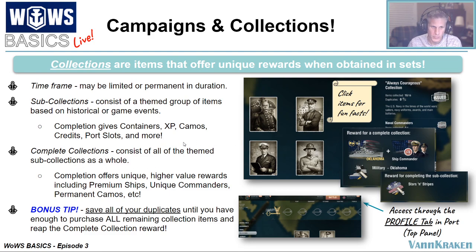Sometimes it's commander free XP or free XP, or sometimes coal. So there's different things you can earn when you complete the entire collection. So in this case, it's 4 items in 4 sub-collection categories. You're going to have a complete collection reward, and that's your big reward. And in this case, what was it? It was the Oklahoma. So a free tier 5 premium ship,